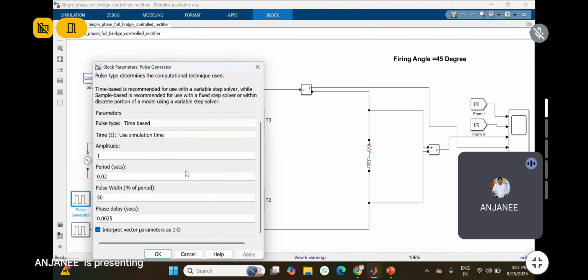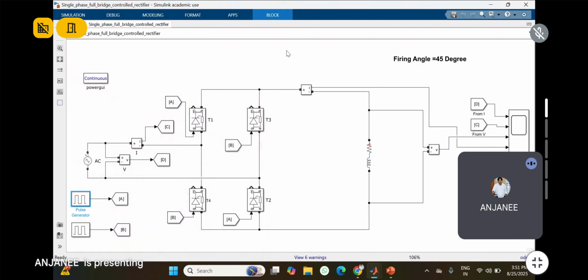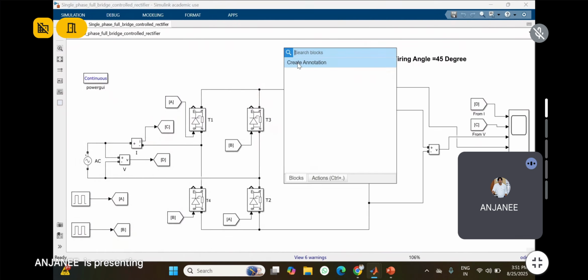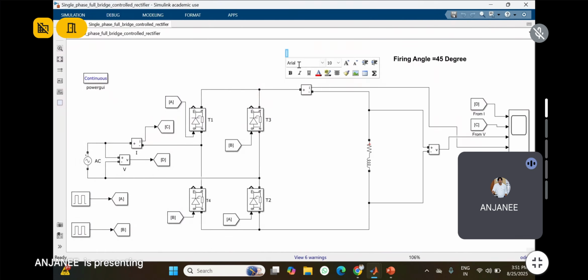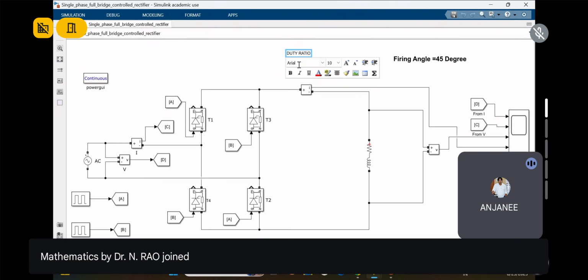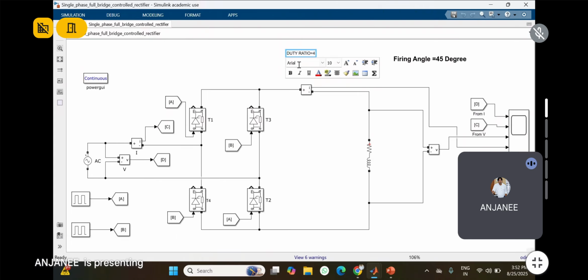So how can you decide this phase delay? Because it is in seconds, not in degrees. It is very important to note it is in seconds, in time, not in degrees. So if you want a 45-degree firing angle, what is the duty ratio? The duty ratio is 45 divided by 360, and that would come